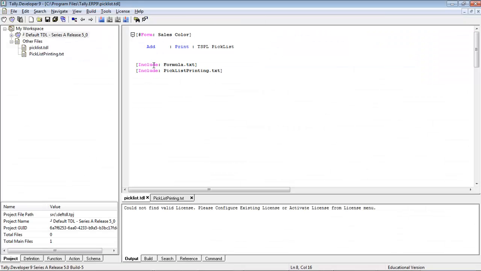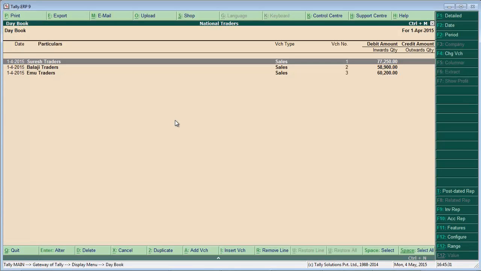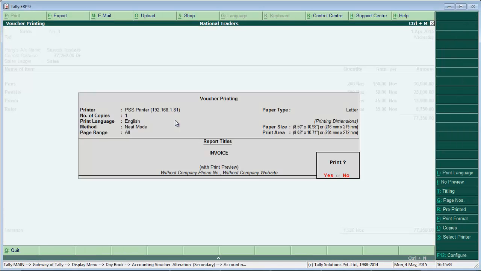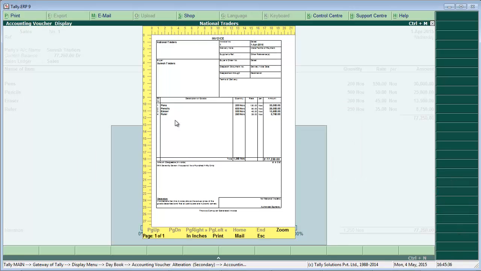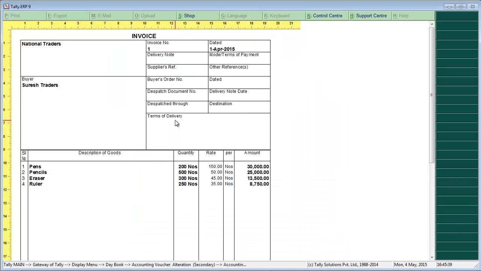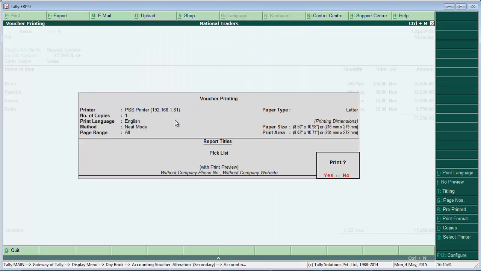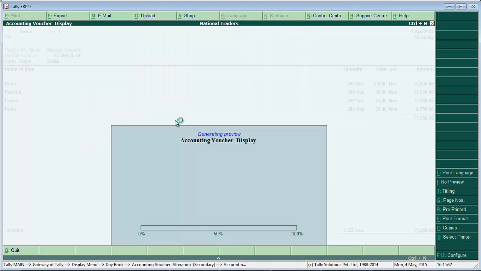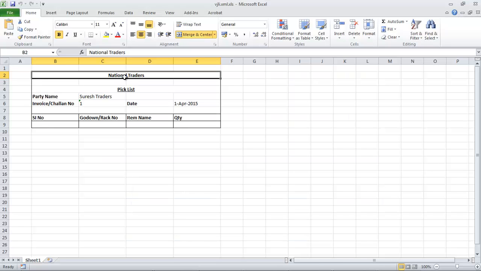Now, in order to execute the code in Tally, we first add the report to be printed to the form sales color so that our supporting document gets printed with the default sales invoice. Now, let's print a sales voucher and see the output. So if you can see, the default sales invoice is getting printed first, and then our supporting document pick list gets printed. So as expected, the company name, the party name, the invoice number and the date of the voucher